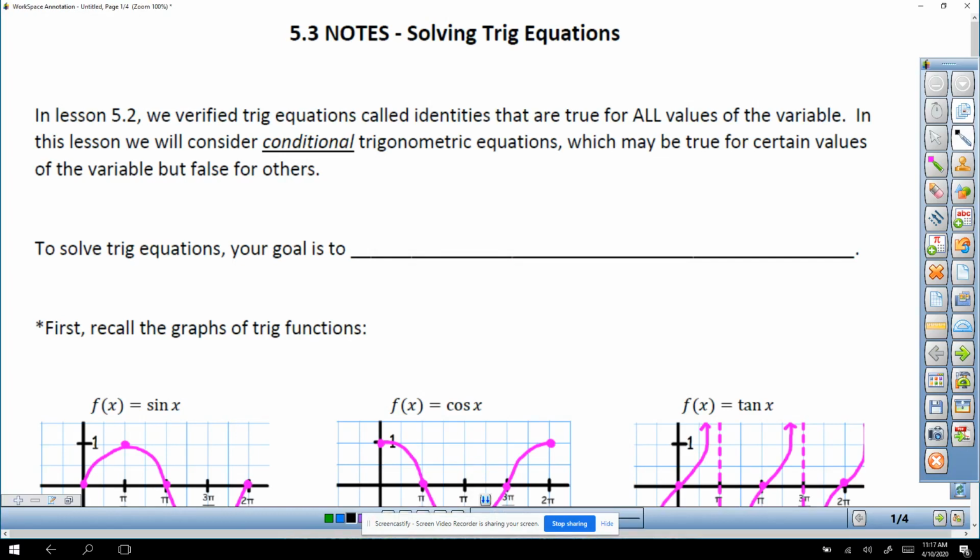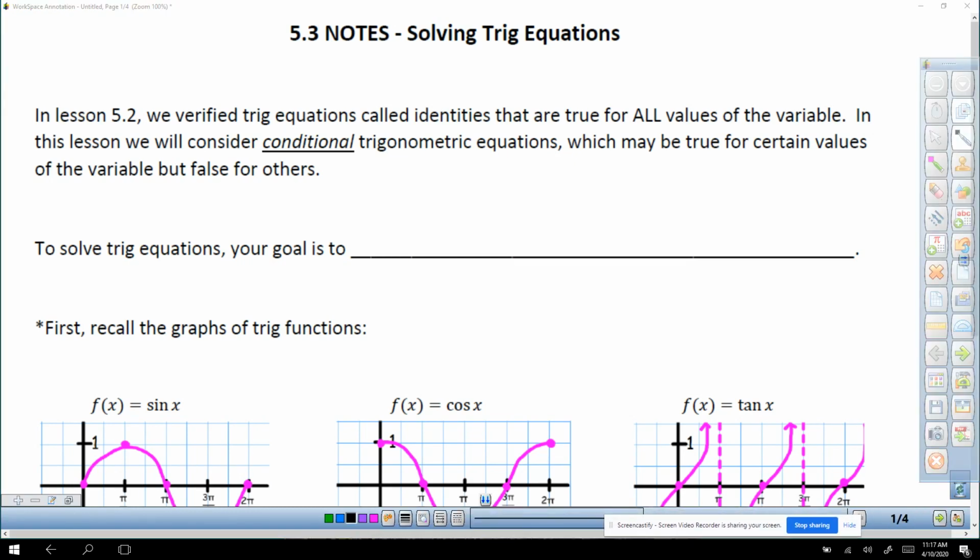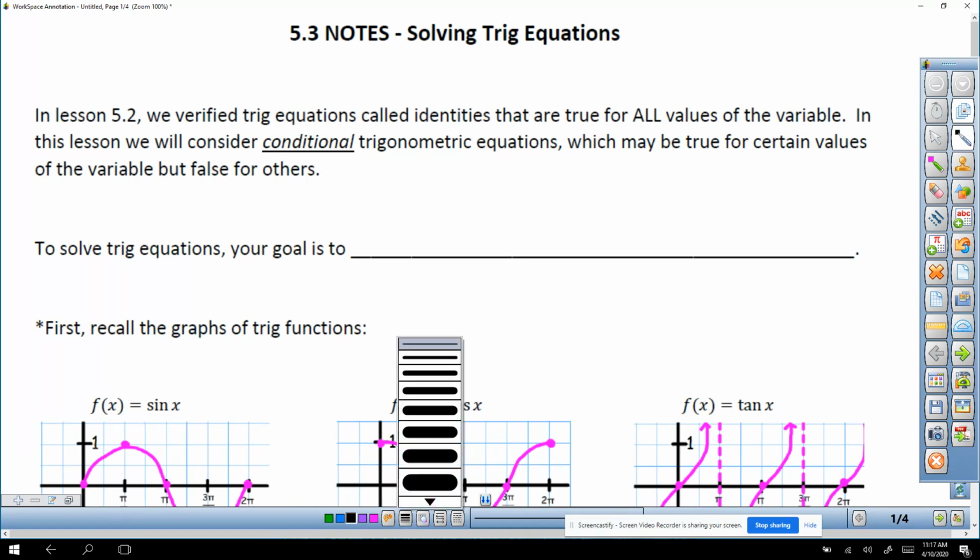Solving trig equations. Last unit we were verifying or proving trig equations using all those identities, but now we're going to actually be solving for a variable that makes the equation true. So the first blank we want to fill in here is to solve the trig function, your goal is to isolate